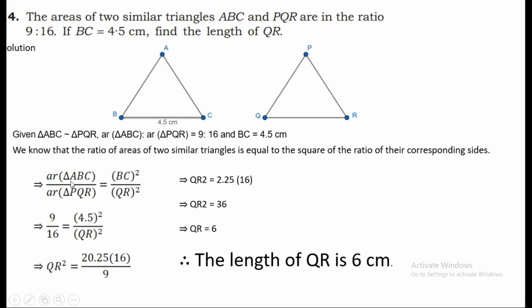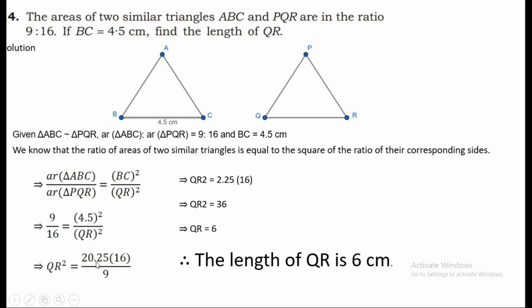So area of triangle ABC by area of triangle PQR equals BC square by QR square. Why will we take BC square? Because BC is given to us and we have to find QR. These are the corresponding sides. So the ratio is given 9:16 in the question. BC according to the question is 4.5. QR we have to find out. So QR equals to